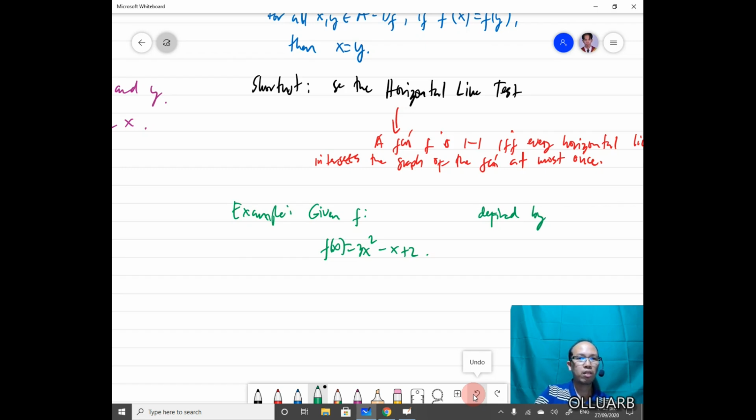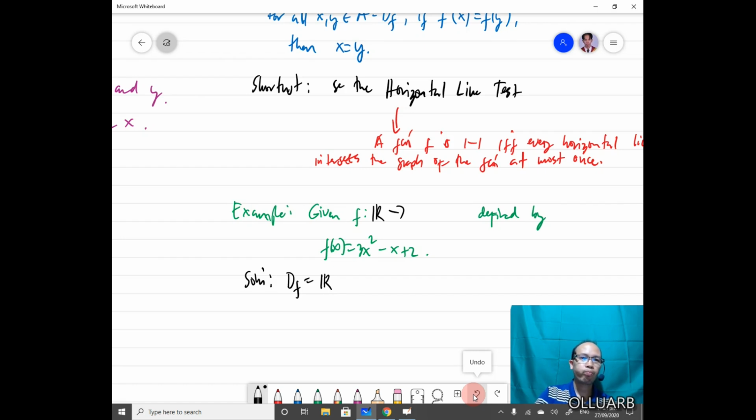Can you remember this equation from before? What we did is that the domain for this equation is the set of real numbers, of course. Okay, this must be the set of real numbers mapping to